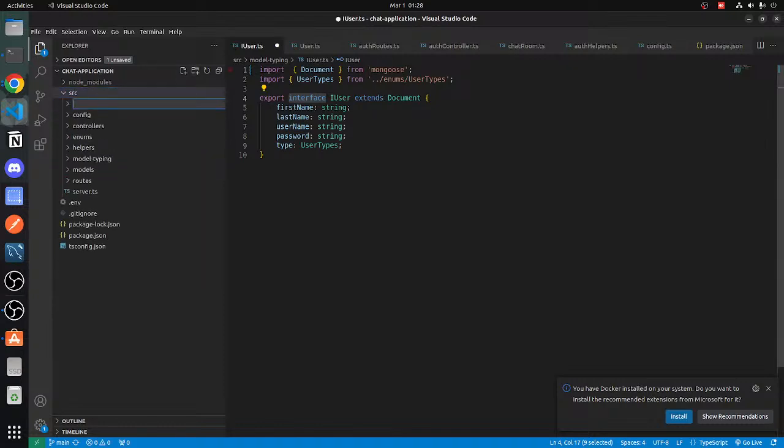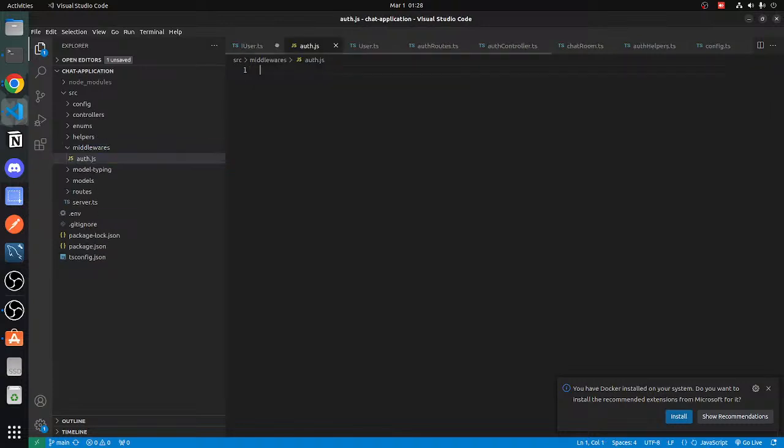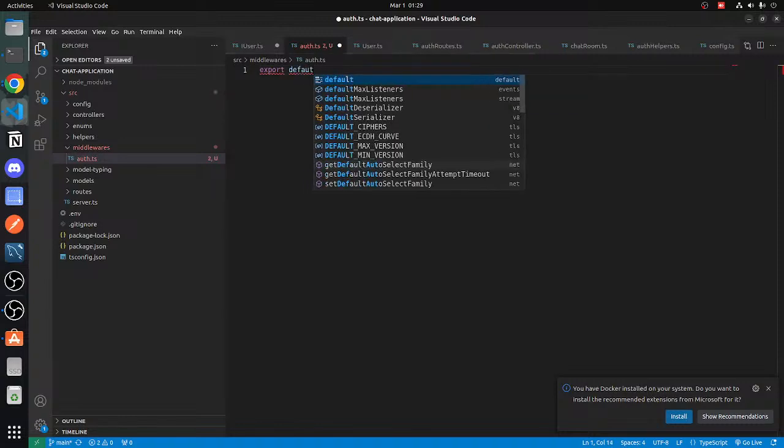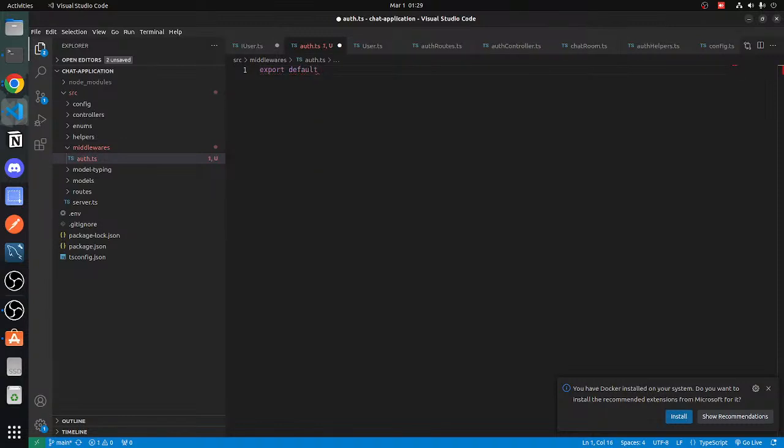Let's go here and create a middleware folder, middlewares, and inside this create a middleware named auth.ts, and inside this export default an object here, and inside this object let's just create a